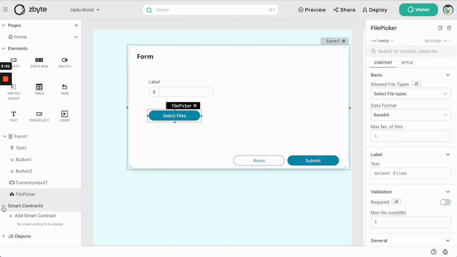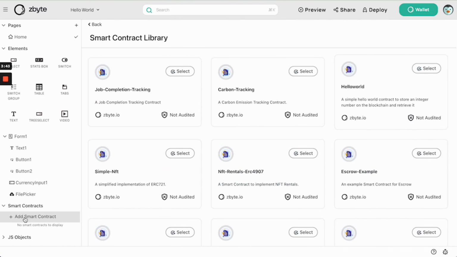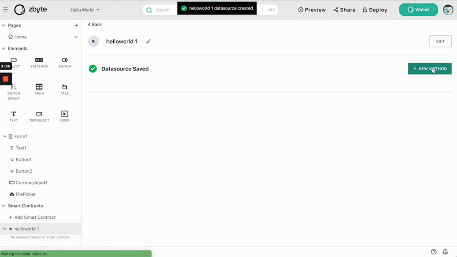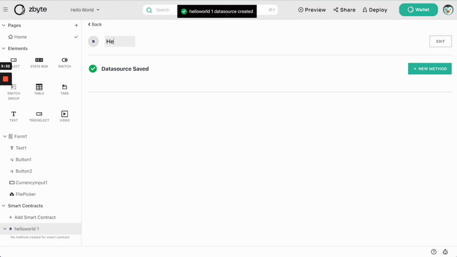Then let's take a look here at smart contracts. Smart contracts are obviously the way to interact with Web3 blockchain. So let's add a smart contract, and we'll take a look at this later in more detail, how to interact with smart contracts. But here I'm just adding this